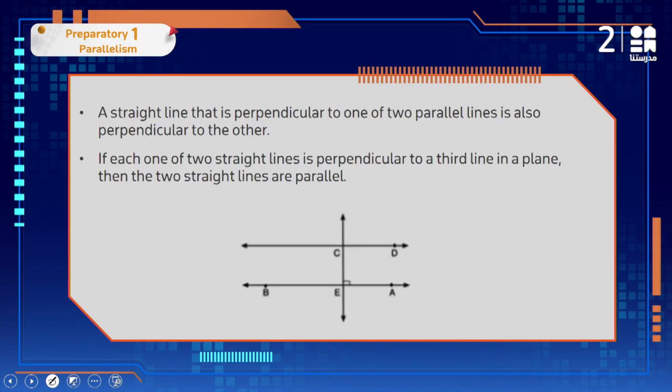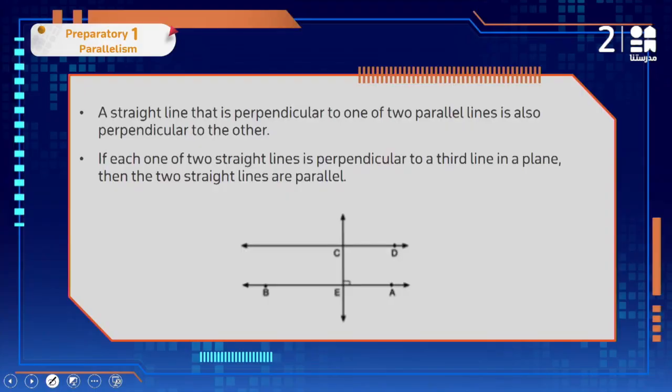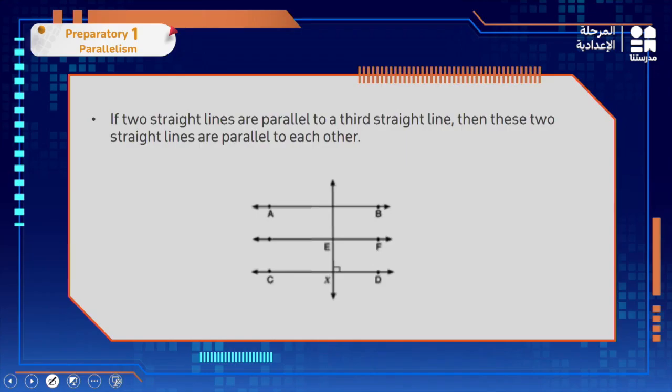Now, a straight line that is perpendicular to one of two parallel lines is also perpendicular to the other. If each one of two straight lines is perpendicular to the third line in the plane, then the two straight lines are parallel. يعني لو أنا عندي two parallel lines يبقى ال perpendicular على واحد منهم برضو هيكون perpendicular على the second one. طيب, if two straight lines are parallel to a third straight line, then these two straight lines are parallel to